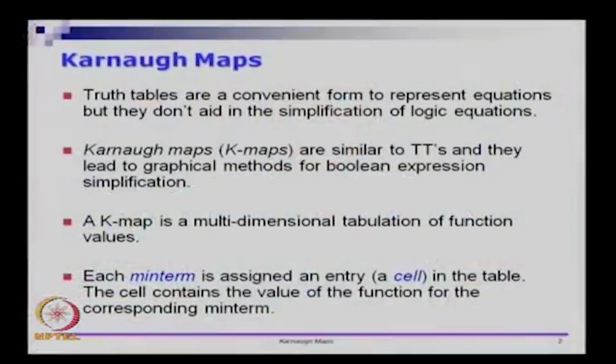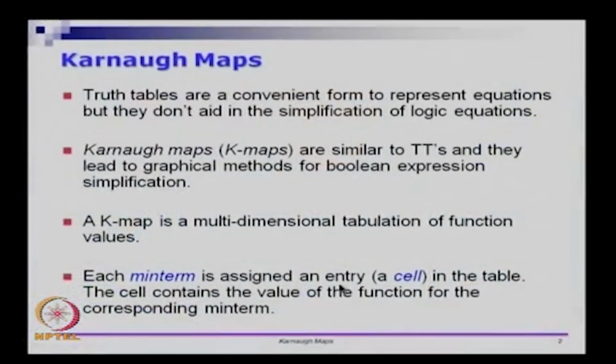Welcome to module 8. In this module we look at the basics of Karnaugh maps. Karnaugh maps are essentially truth tables, but a slightly more convenient way of writing them. They are similar to truth tables, but they lead to what are called graphical methods for Boolean expression simplification. So far we have used Boolean algebraic expressions directly, but the Karnaugh map is a very interesting way of graphically or visually combining various terms together, with which you can minimize the Boolean